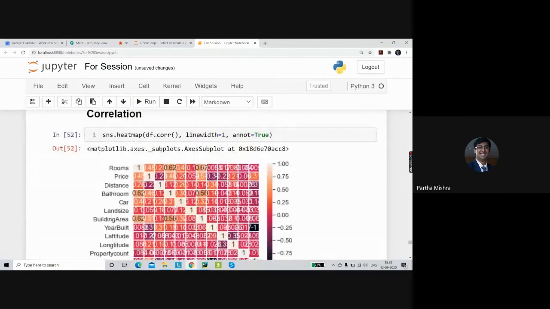Okay, this is bad. We need to make sure that it is clear. So we need to make a little adjustment in here. What we can do is, apart from the line width, let's go for the annotation sizes.